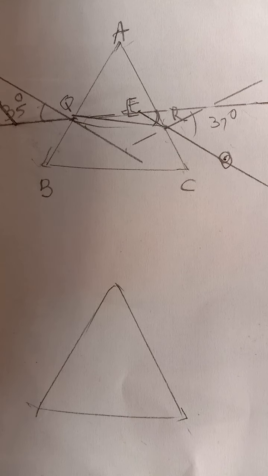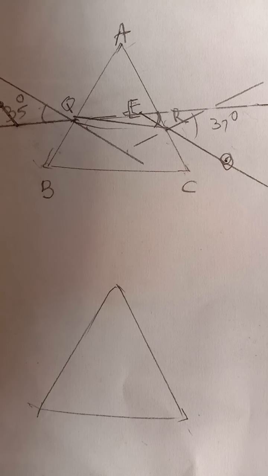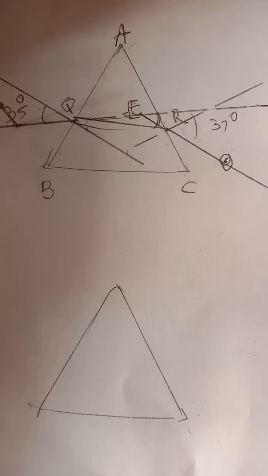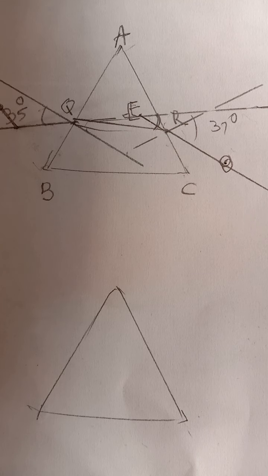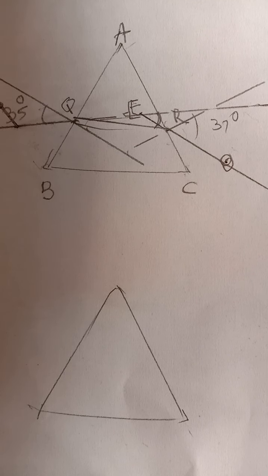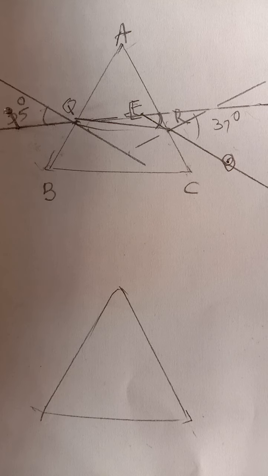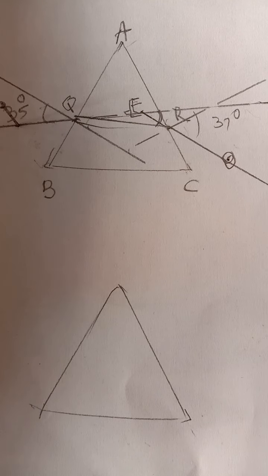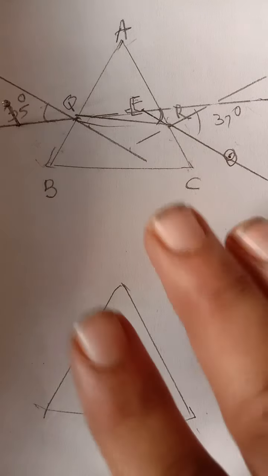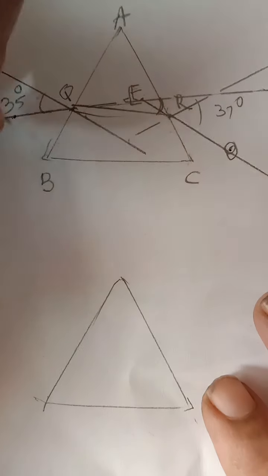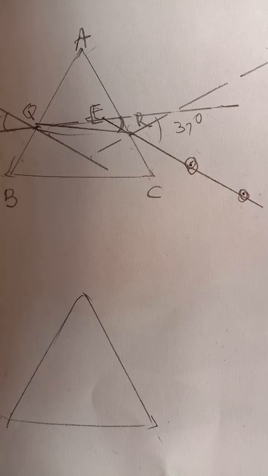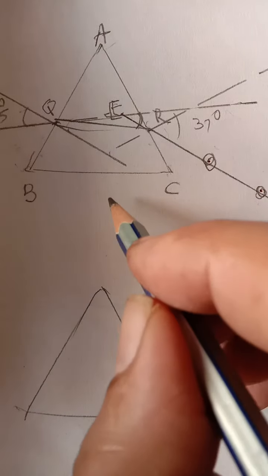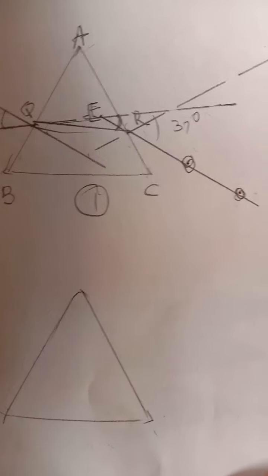In a similar manner, for all the outlines of the prism, we can draw angle of incidence and measure angle of deviation, and therefore in this case we will get different values of angle of incidence and angle of deviation. So this diagram will be for the first angle, that is for 35 degree.